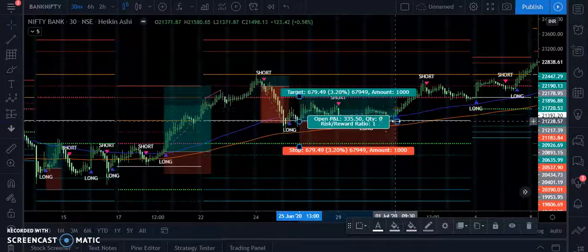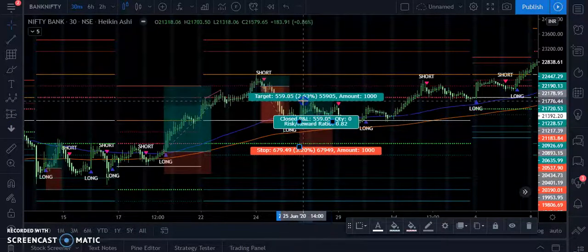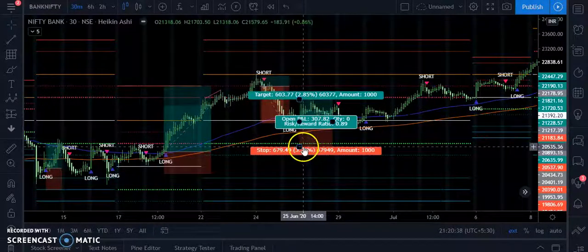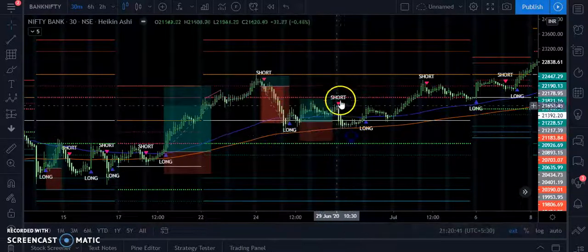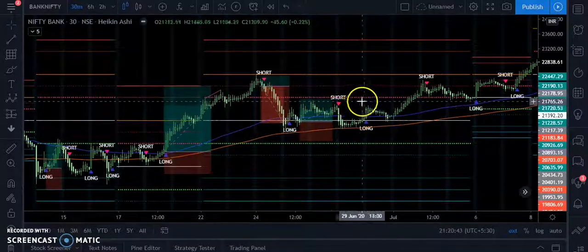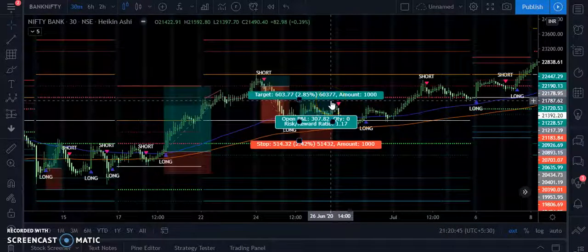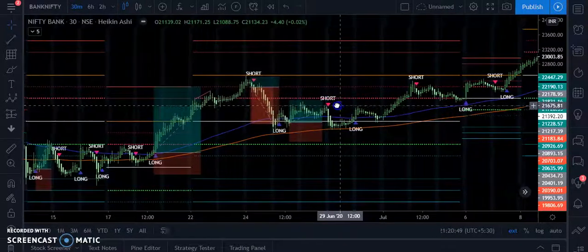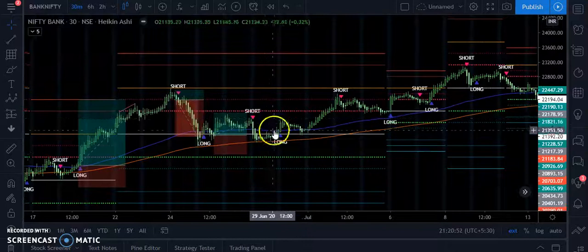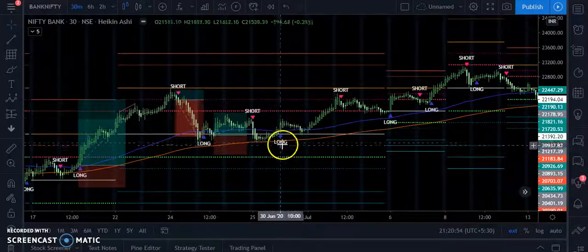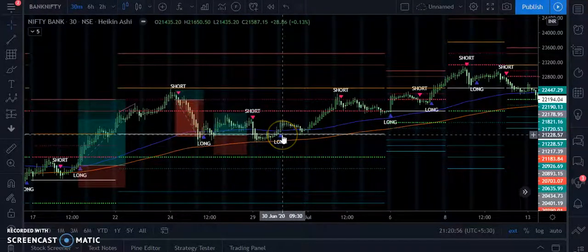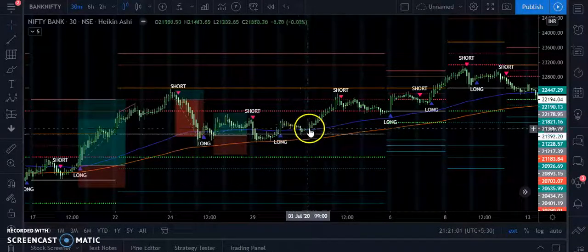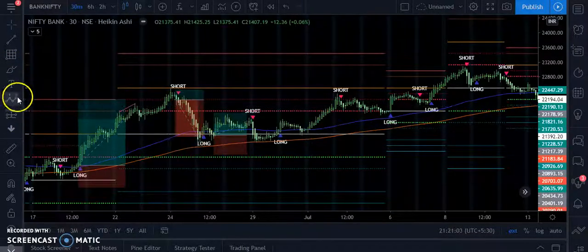So I open a long position here, and I keep my take profit near the pink region, this pink line. See what happened? Price went till here and again it came down. But if you would have gone long with take profit, your take profit would have been executed. Again, the price is near the strong support region, again you got a long signal, so you again go for a long position.